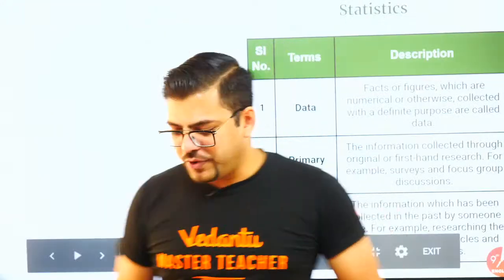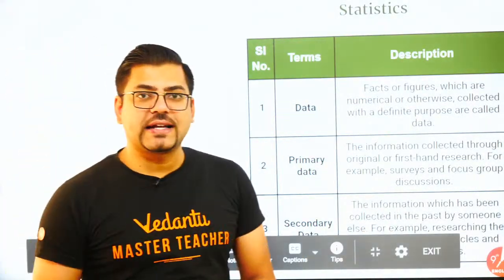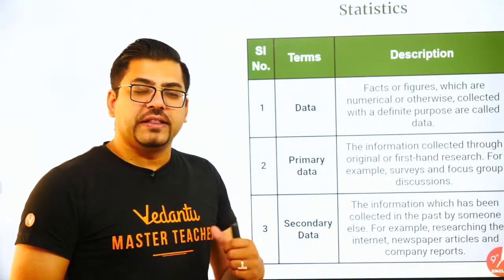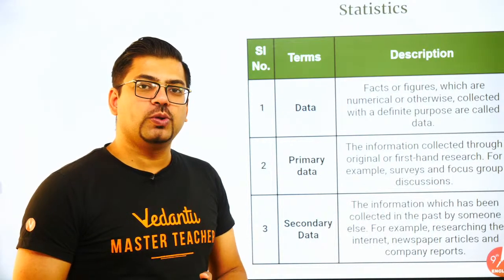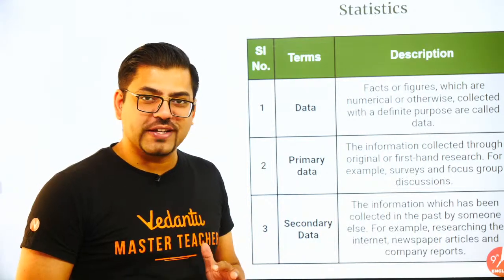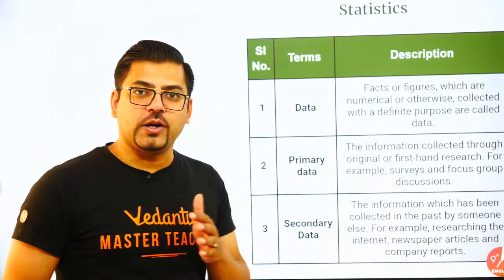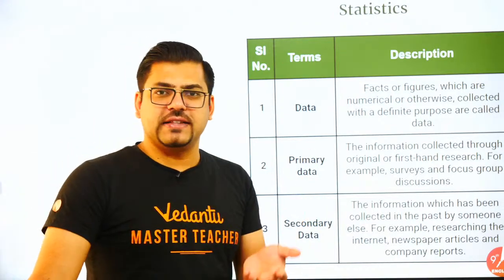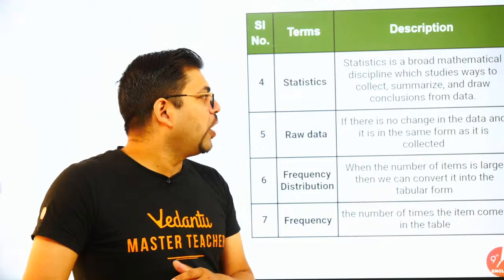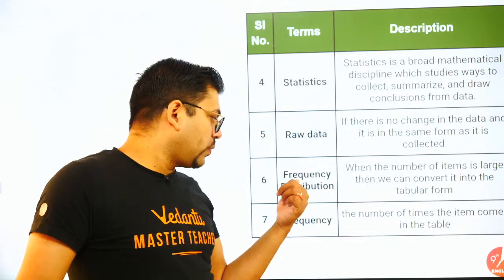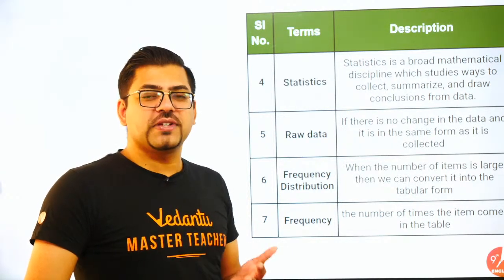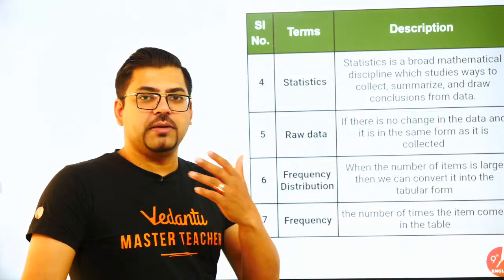Here we go, people. First of all, in statistics, data: what is primary data, secondary data. These slides I have kept only to give you an idea of the basics. If you want, you can go through them, but it is not required, because these things are never asked in the examination. They are just theory. So just know that. Moving on: what is statistics, what is raw data, frequency, distribution. All just the basics. If you want to read them, just have a one time reading of it.